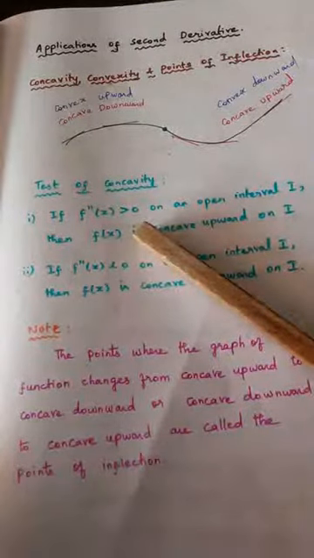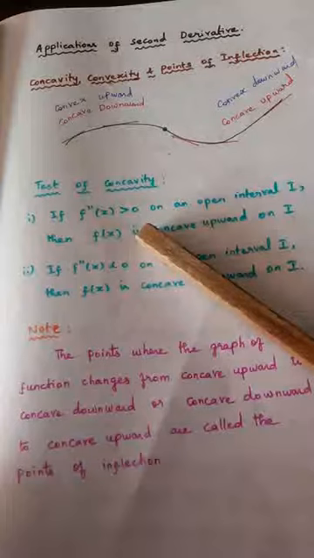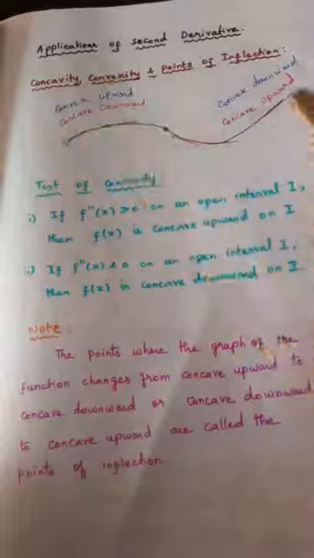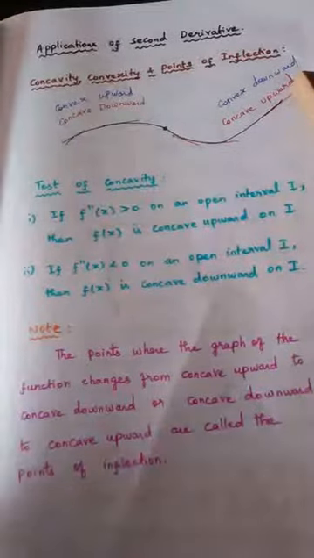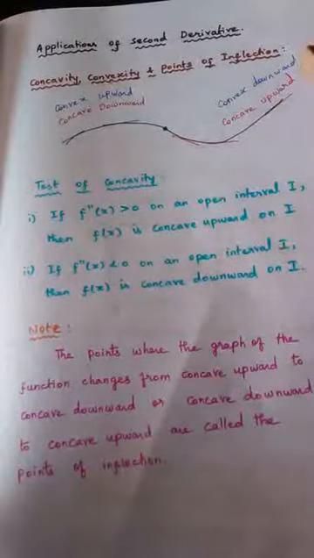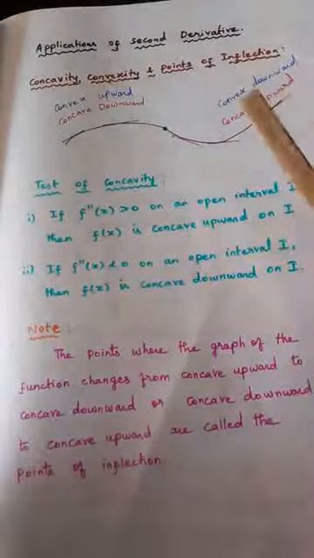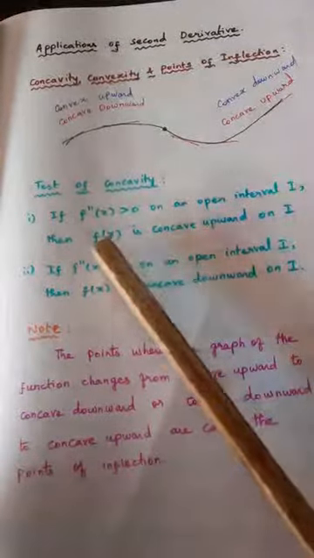If an equation is given and we are asked to check whether it is concave upward or downward, we cannot have the diagram, right? So with an equation, if we want to talk about concavity, then we will use these conditions. We will try to find the second derivative. If it is positive, we will say f of x is concave upward. Once again, listen carefully. f double dash of x should be positive. The second derivative should be positive. Which one is concave upward? The function f of x.